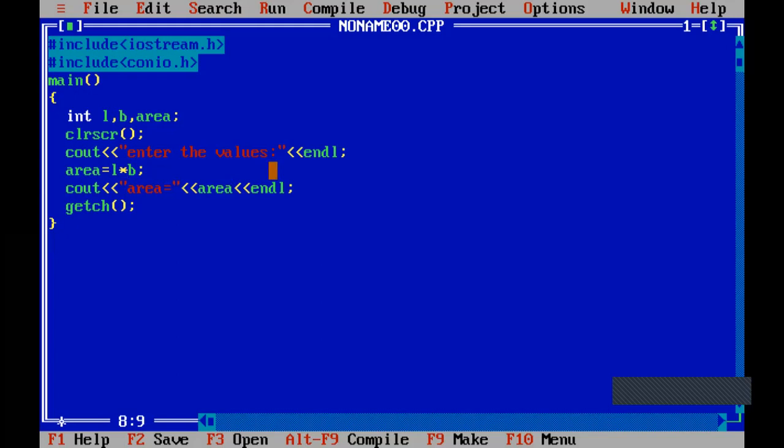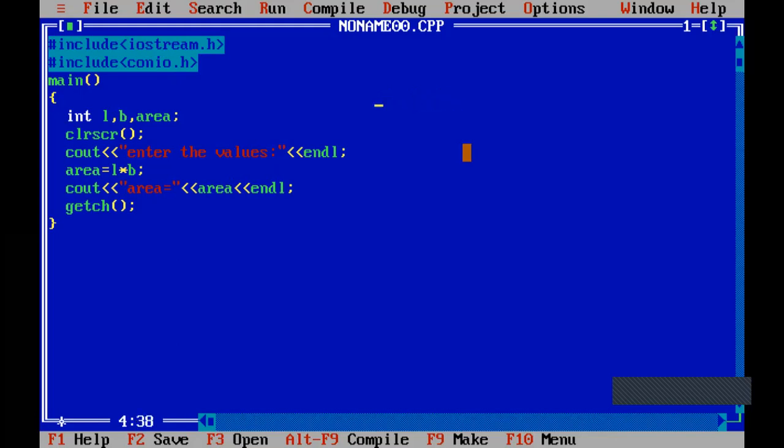Apart from plus, minus, multiplication, division, and modulus, if you are making use of any other function, like trigonometric functions, square root, or power function, then you have to make use of another header file called math.h. This is the header file we should use when we are using operators apart from the basic arithmetic ones.